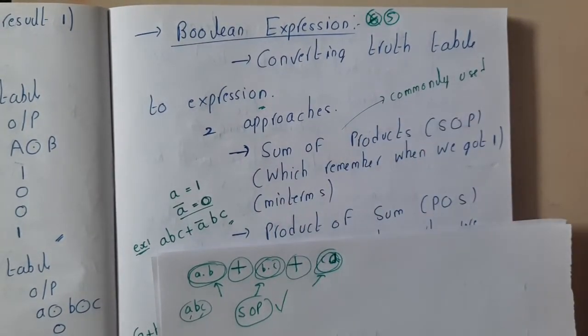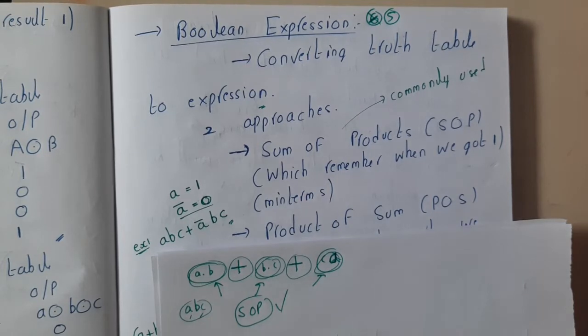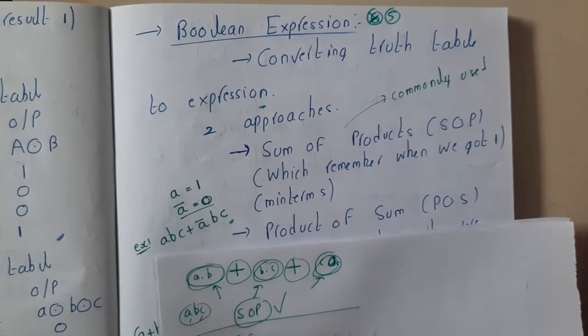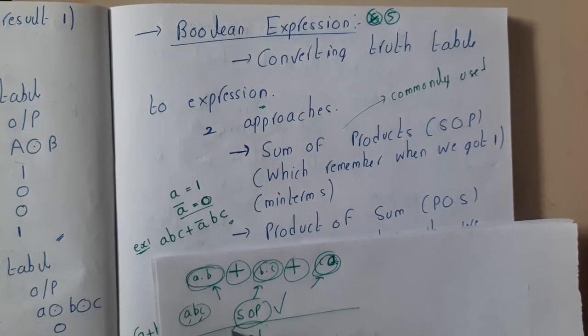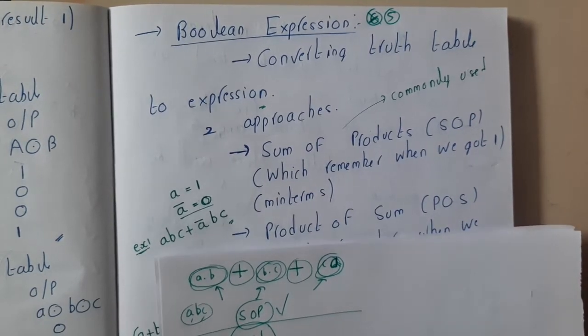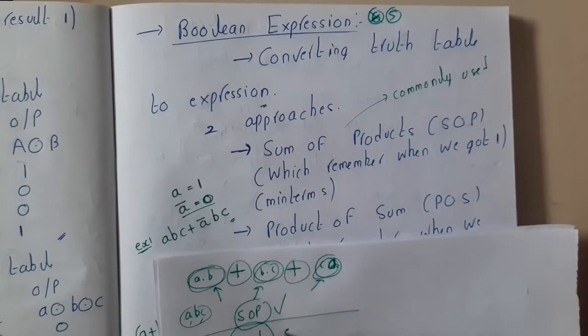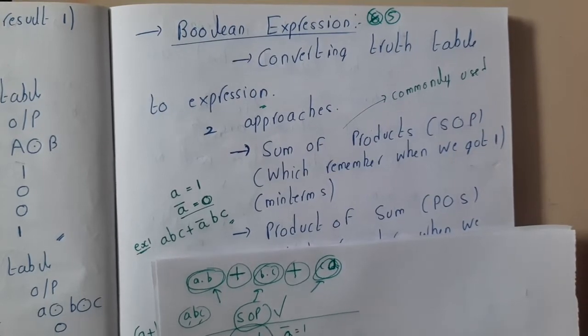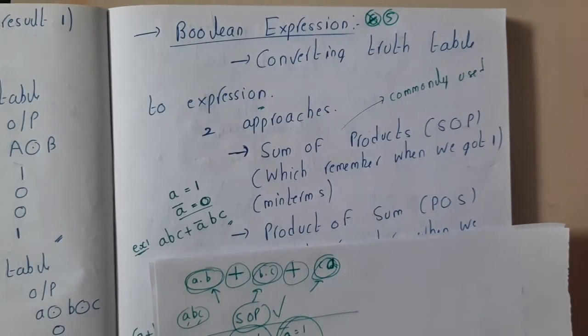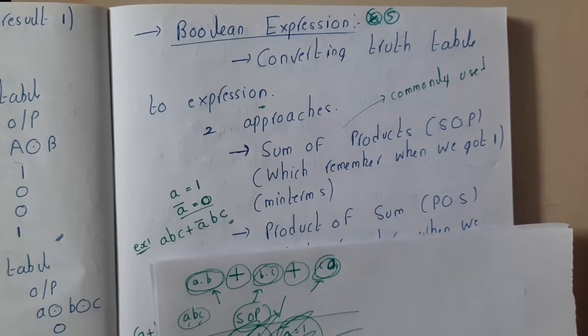Even in examination, mostly he will be asking that only. But to be on the safe side, let us be clear with both of them and not show any kind of partiality, guys. Remember one more thing. In sum of product, you will use A as 1 and A bar as 0. Most of us will always try to remember these things, right? I'll be giving you a solid reason why A is 1 and A bar is 0, and why not A bar is 1 and A is 0. Now don't get confused because I confused you, right?